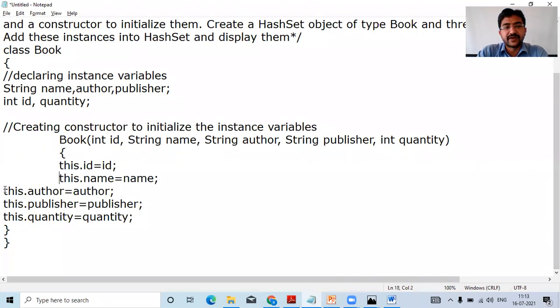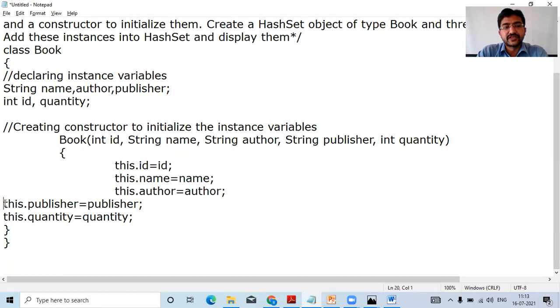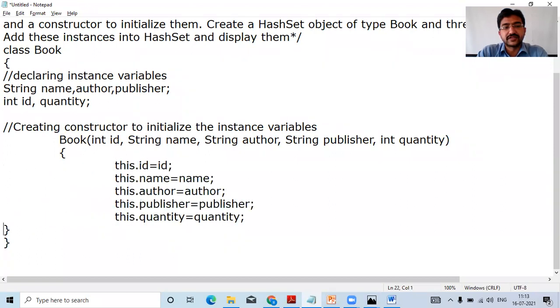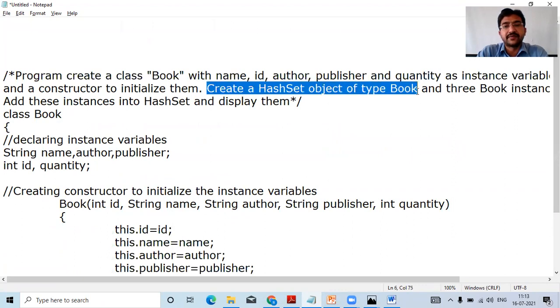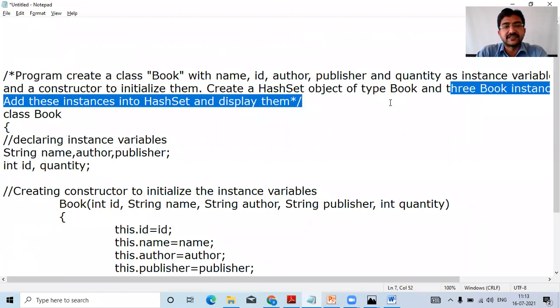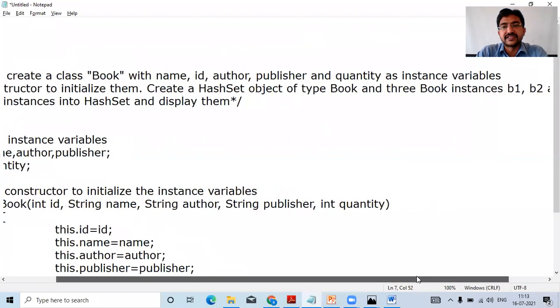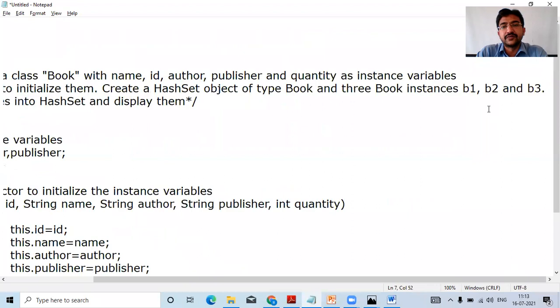So what is the next step we have to do? Here is the class book. Now, what is the another part of the program? Create a hash set object of type book. Of type book, we are going to create a hash set, and three book instances, b1, b2, b3.